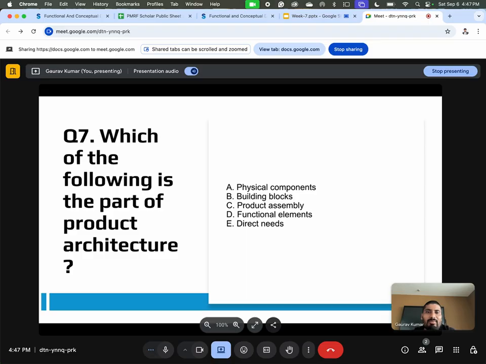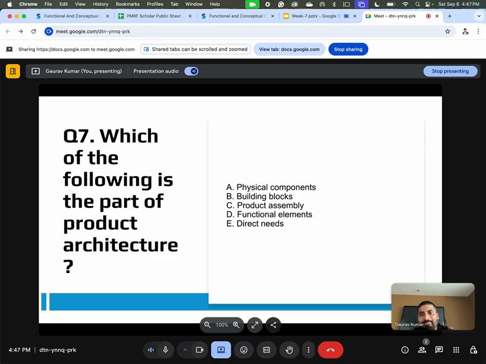For example, in a smartphone, the process information function maps to the CPU, while store information maps to memory modules. Building blocks are another aspect of architecture. They represent standardized units or modules that can be reused across different designs. So this modularity makes the product easier